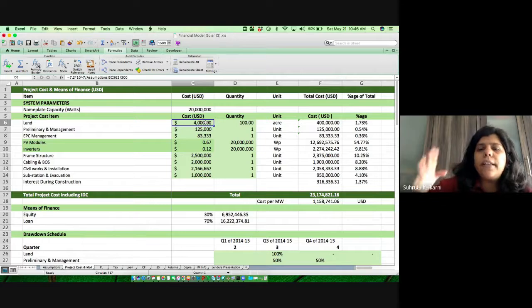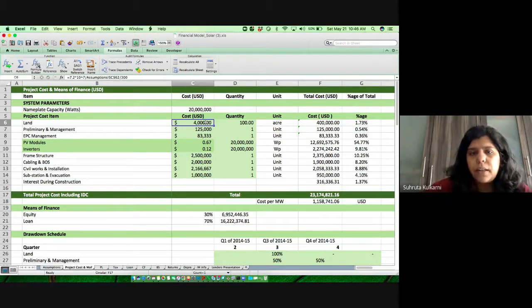If I'm going to take 1 year to construct a project, I will need some money in the first quarter. On day one, I will need some money, right? But not all the money. I will need some money in the second quarter, third quarter, fourth quarter, right? So why am I not going to take all the money on day one? Because my interest starts kicking in, right? I don't want to pay so much interest, right?